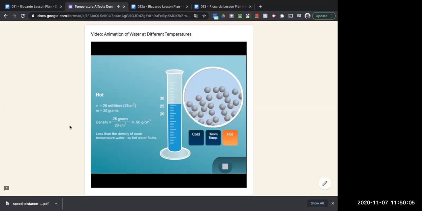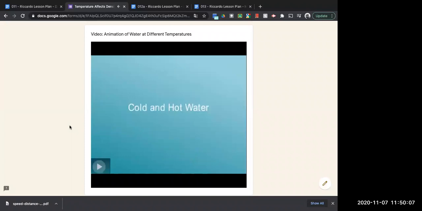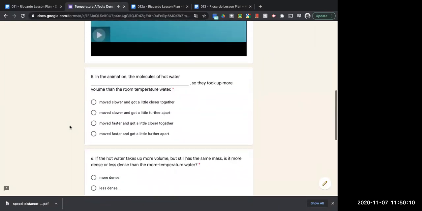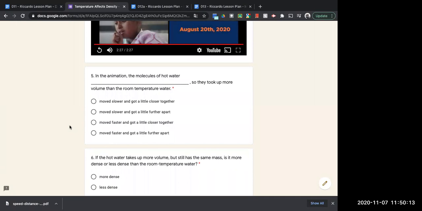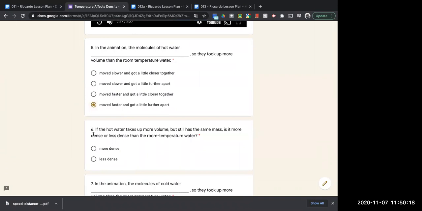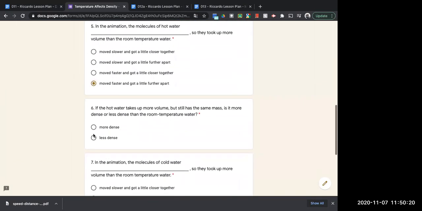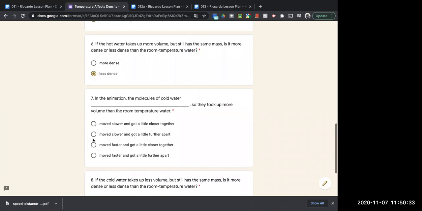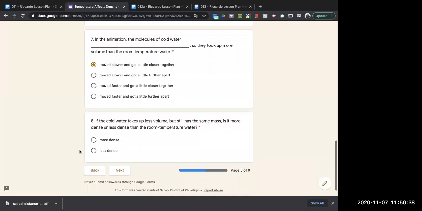Taking a look at the molecular level, you can understand why hot water floats and cold water sinks. In the animation, the molecules of hot water move faster and further apart, so they take up more room than at room temperature. If the hot water takes up more volume, the mass to volume ratio is going to get smaller. So that means it's going to be less dense. And the cold water moves slower. The molecules get closer together. So that means that the mass to volume